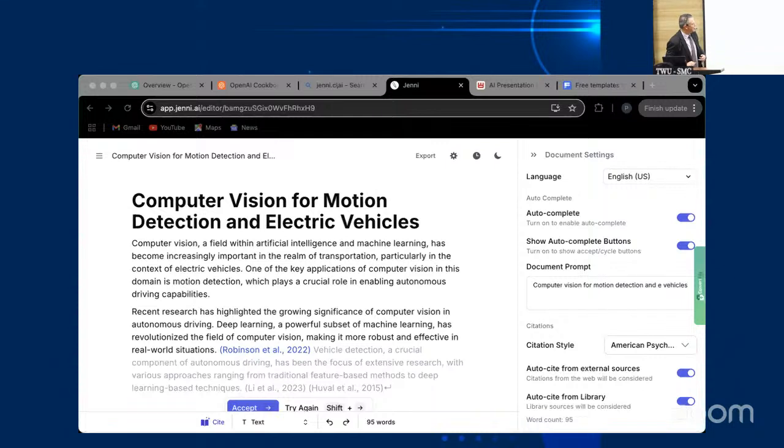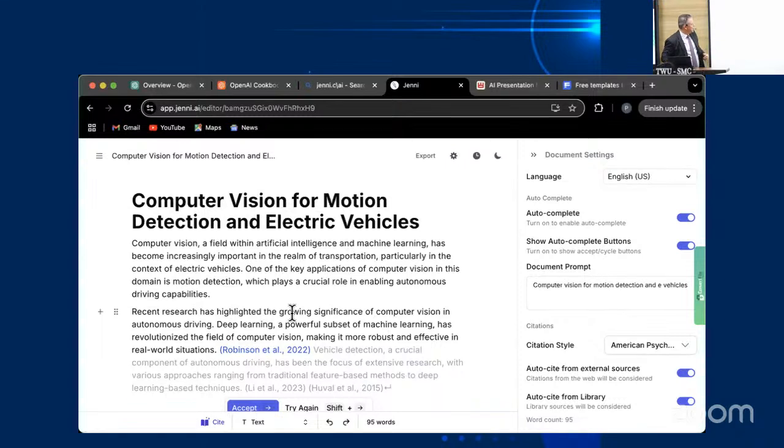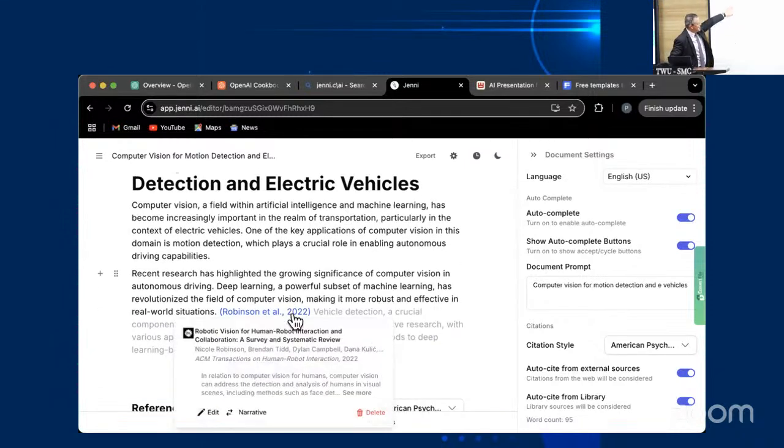First, I'm going to go back to Jenny because we didn't get to finish Jenny last time. I forgot we didn't finish it. So let's go back to it. Can everyone see it? Can you see Jenny? This is the one that's generating the paper. Who's running behind the scenes. So can you see this now? Can you see that I can see Robinson here? You can see that? I can now see the paper that's generating this quote.